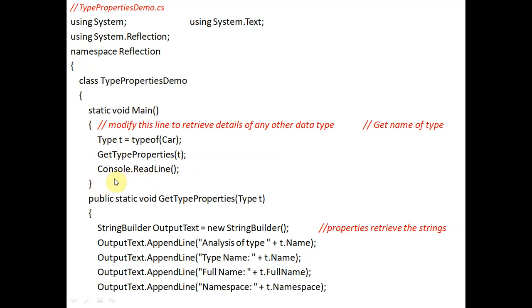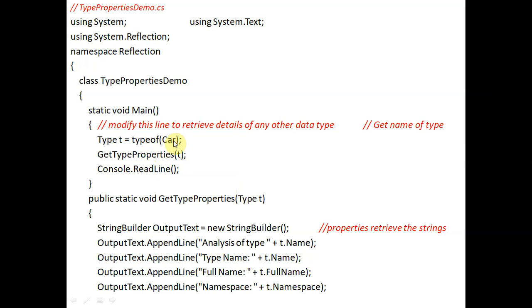Then we are writing here Console.ReadLine, and GetProperties is a user-defined function, defined here as public static void GetProperties. We write here GetProperties(t). Again, this t is passed as an argument, and GetTypeProperty is a user-defined function.